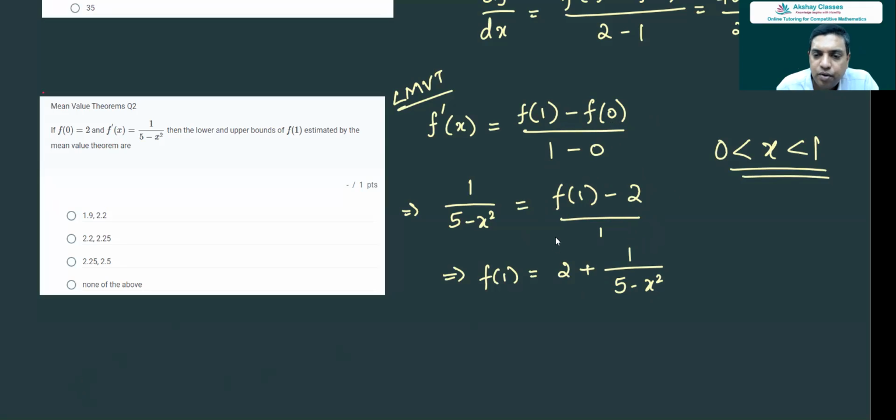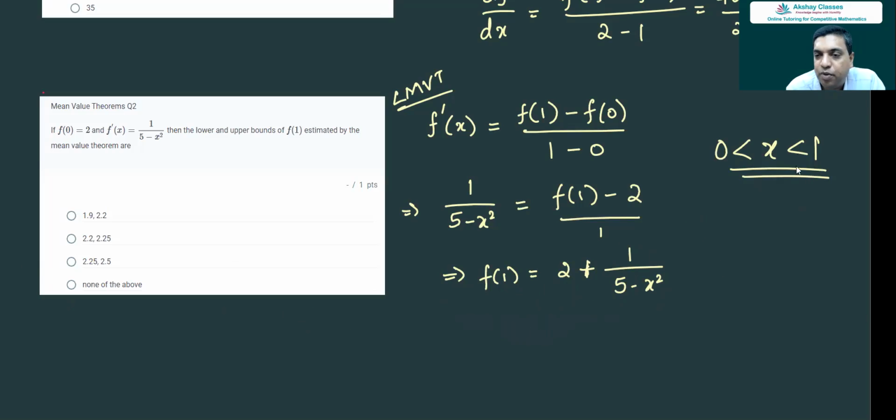So now clearly this value f of 1 has to be greater than 2 because it is 2 plus some positive quantity, because x lies between 0 and 1. So either second or the third option will be right. None of them also can be right. So let us see. Now, if you put x equal to 0,